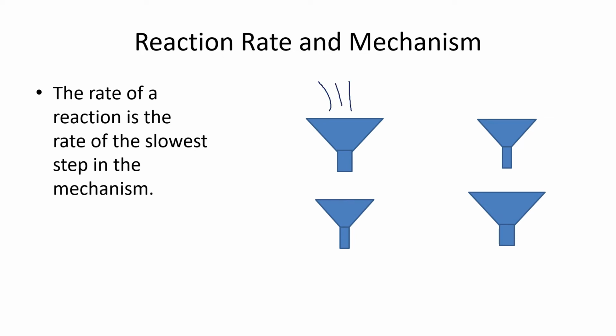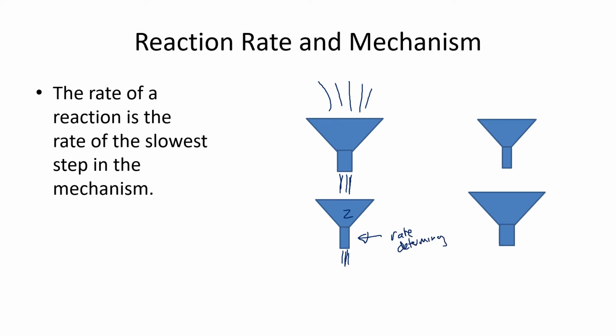So if you have an example here and you're pouring some water, let's use some blue for some water. So we pour some water in here, and then it runs out, nice stream. And then for this one, it runs out at sort of more of a trickle because it's a smaller funnel. So this funnel here would determine how quickly the water could come out the end. I'm assuming it doesn't run over the side. So this would be rate determining,